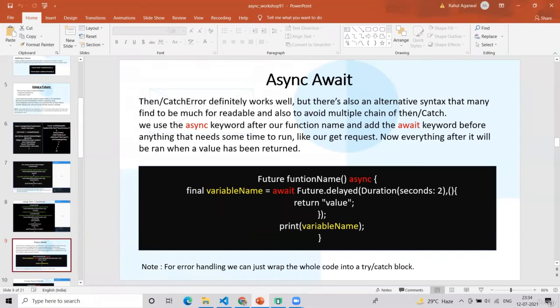So in this session, we will be talking about the async await keyword while using a future. In the previous session, we learned how to use then, catch error, and it definitely works well. But there's also an alternative syntax that many find to be much more readable, and also to avoid multiple chains